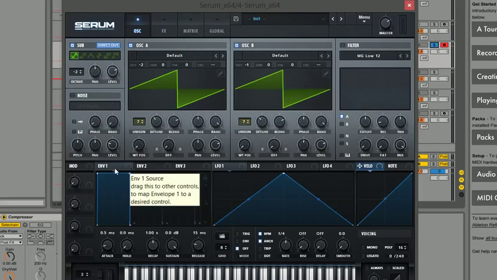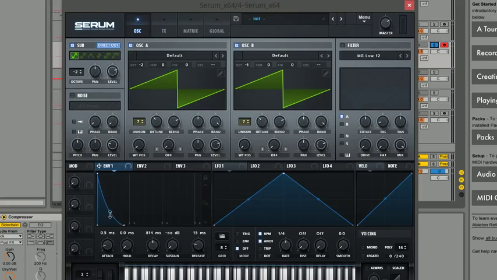Now, by default in Serum, envelope 1 is the amplitude envelope, and for this sound, because it's a rolling bass and the MIDI notes are going to be very fast typically, we want the amplitude envelope to be very short and very snappy so that the notes aren't overlapping. So we're going to bring this right down, so we have absolutely no sustain. We're going to sharpen up the decay a little bit as well, and add a little bit of release, around 150 milliseconds or so. And what this will do is give the sound a very short